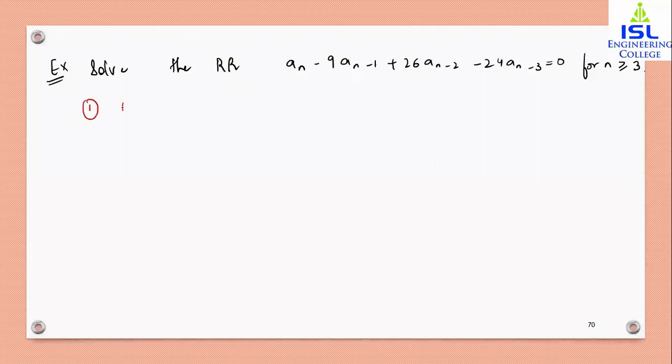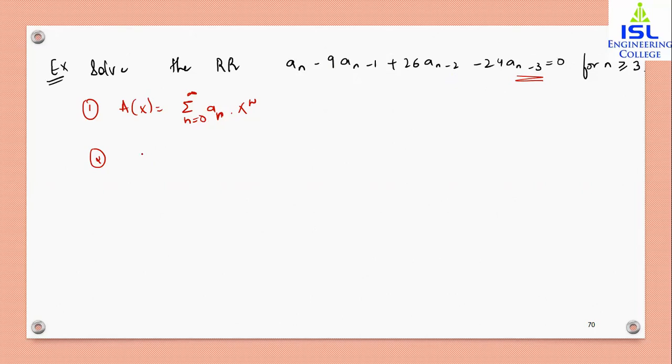So first we have to consider a of x is equal to the sum from n is equal to 0 to infinity an x power n. Generating function problems are a bit difficult, so it is always better to write it in the form of steps rather than doing it continuously, so that you remember each and every step. After that, multiply our equation with x power n and also add a summation. In this case, the summation should be from n is equal to 3. In the earlier case, our last term in the equation was n minus 2, so we took n is equal to 2. But in this case, our equation is n minus 3, so we will have to take the summation from n is equal to 3 to infinity.